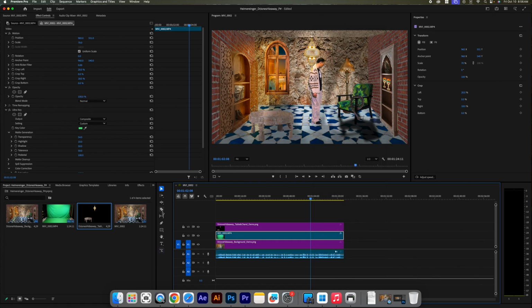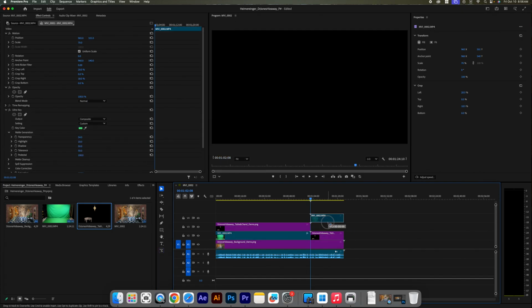And I'm going to go over here and use a blade tool, and I'm going to make a cut here and a cut here. And then I'm going to go back to my arrow tool. I'm just going to swap these. I'm going to take this guy, put him up there, take this guy, put him there, and now